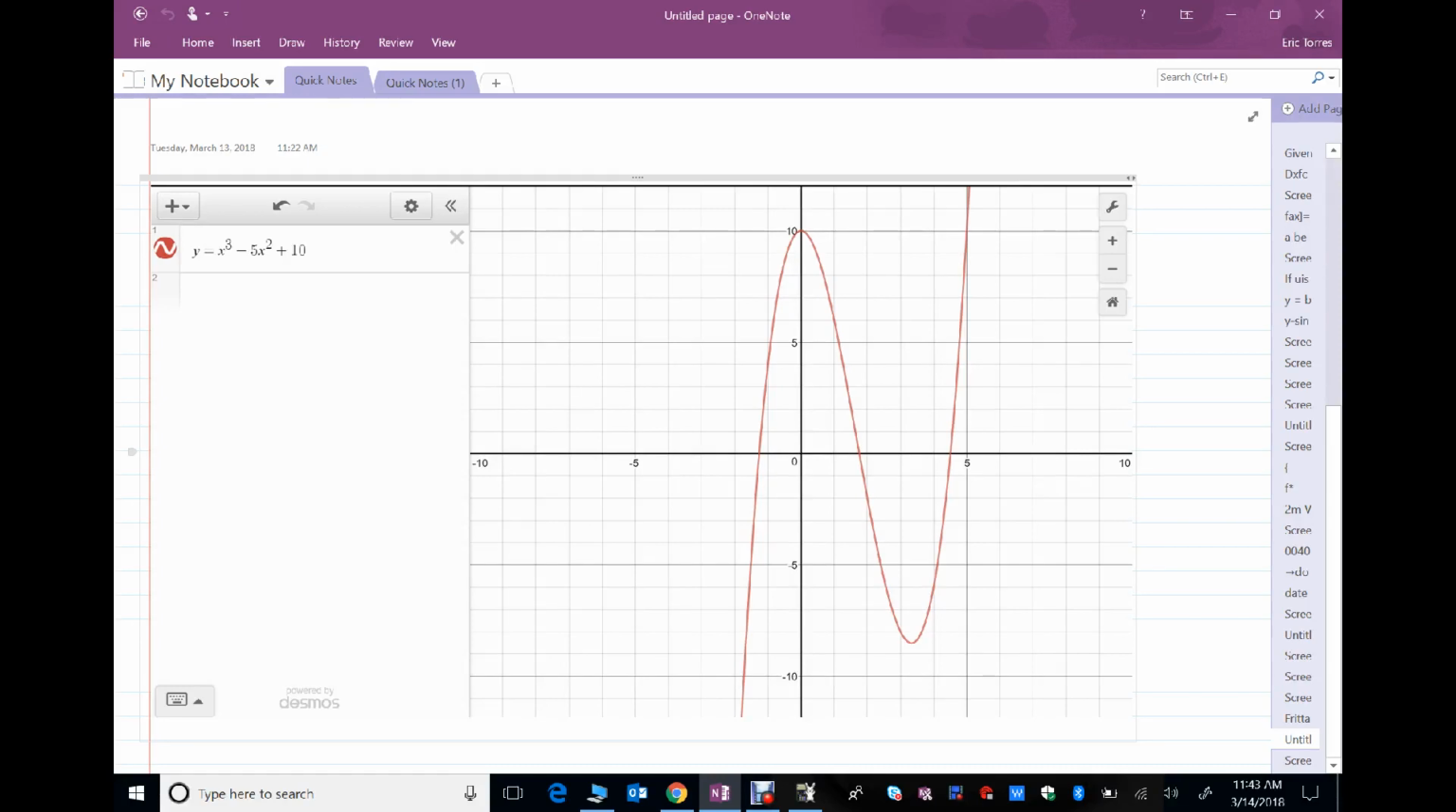Okay, take a look at this function, y equals x cubed minus 5x squared plus 10. Now, this is a third degree polynomial function. It goes down forever on the left and up forever on the right, so this function has no absolute maximum or minimum values. However, you'll notice that this function has two turns, and at the vertex of the turns, and